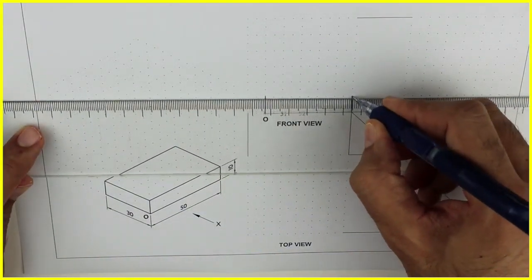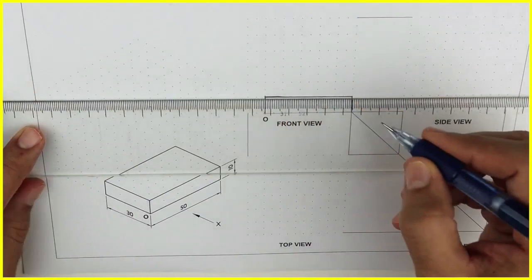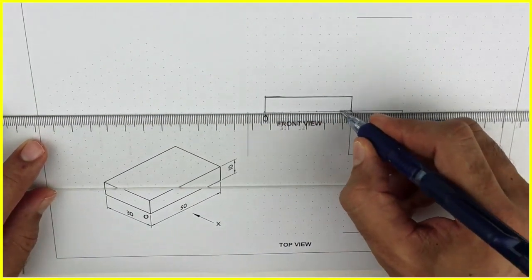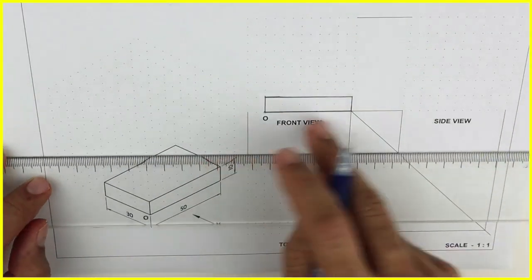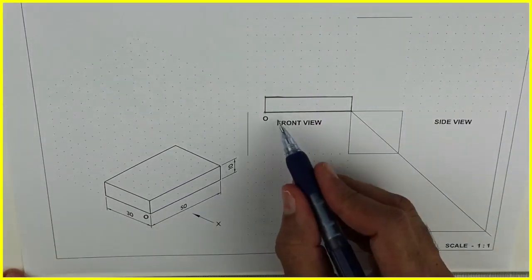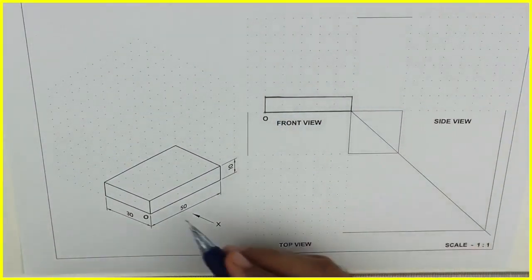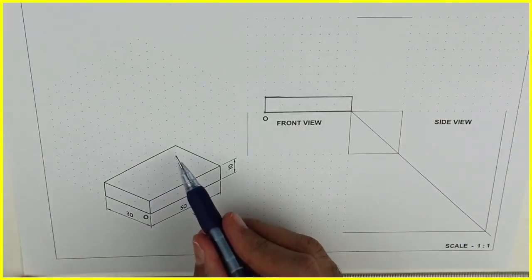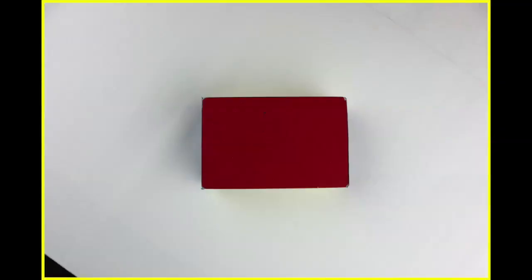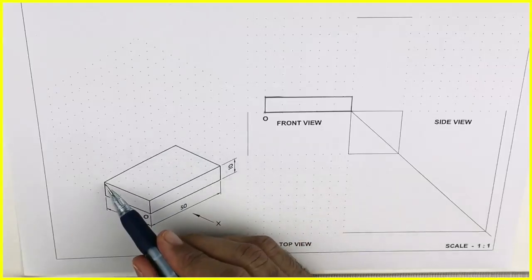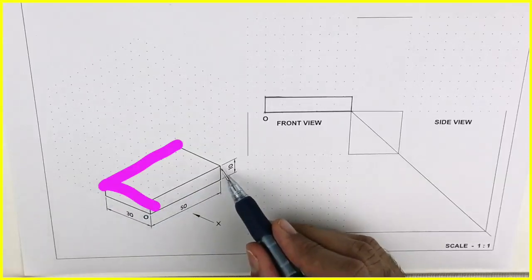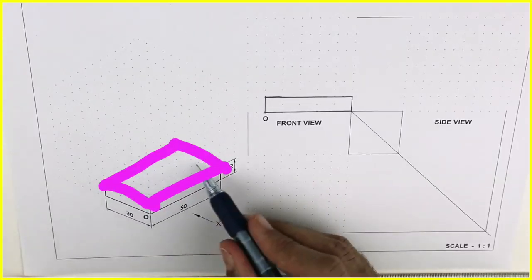Now see this. So we got the front view. When you see from the front, you will see only length and height. And this is what we have done. See this. So the front view is done. Now you leave 20 mm and we'll draw the top view. See, in top view you can see only length and width. You can't see the height of the object. So in this, 50 by 30, see this. This part you can see from the top view.